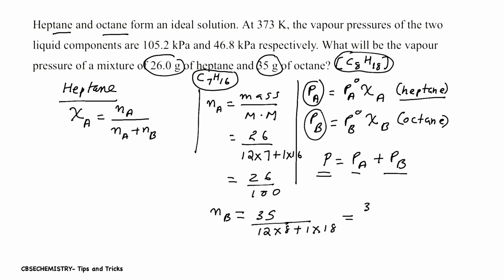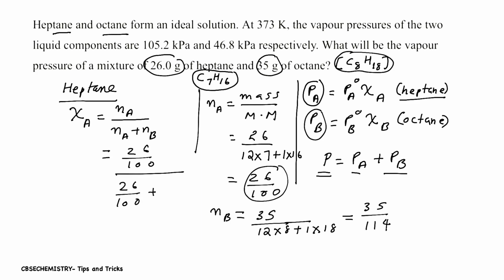So 35 by 114. Now find chi A. Na is what? 26 by 100 divided by 26 by 100 plus 35 by 114. On calculating, on solving, you will get